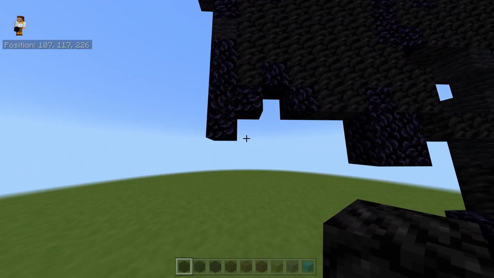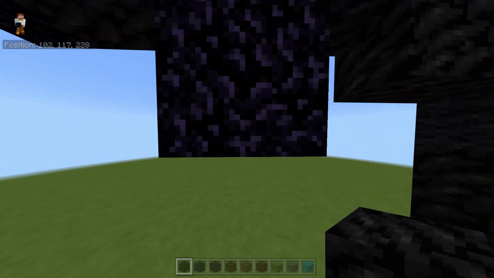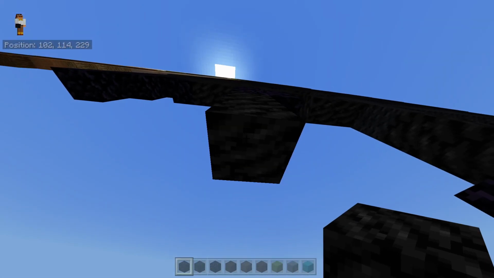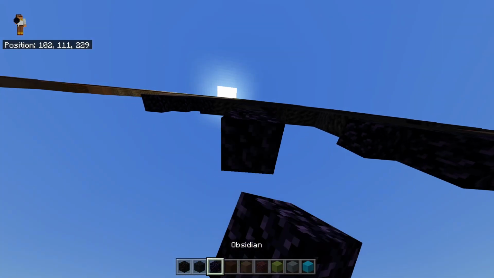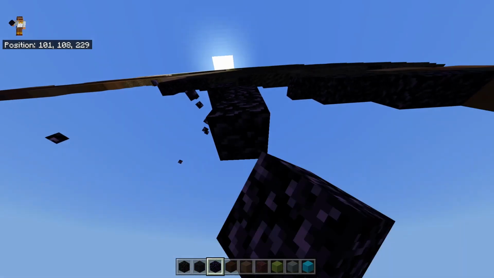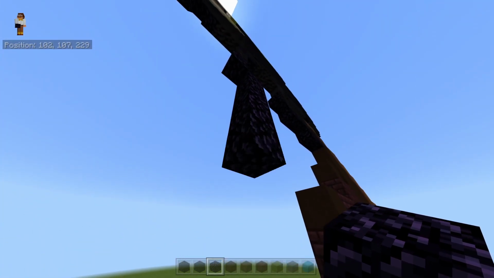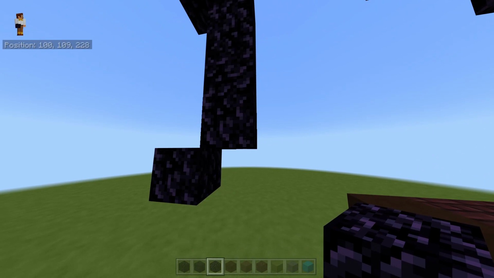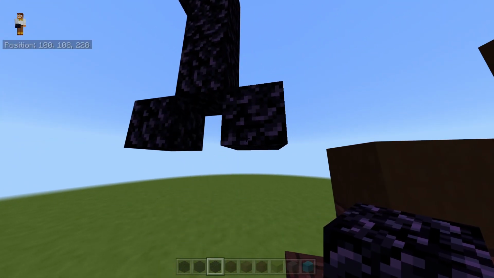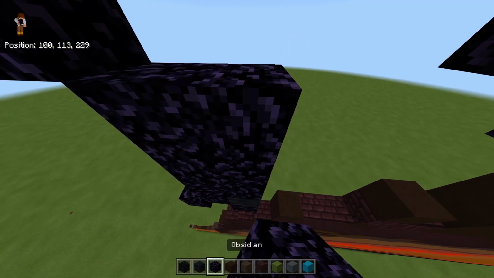Coming down here. Actually, we'll start underneath this 3 obsidian we had going down. Underneath it, place 2 blocks of coal with 2 obsidian below that, with 4 obsidian going down on the right, and then place 1 block going down to the left. Go back to those 4 going down on the right, place 1 block going down to the right with your obsidian. On top of that, place 1 black wool with 3 obsidian above it,